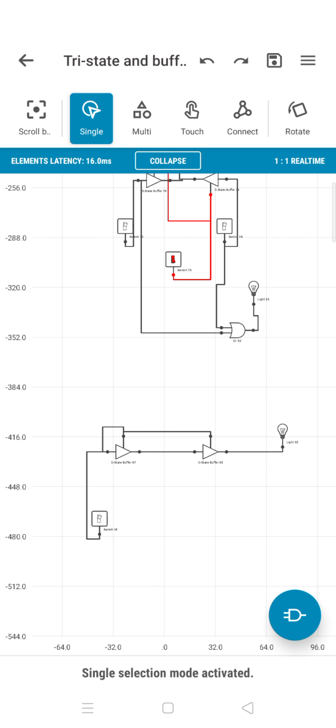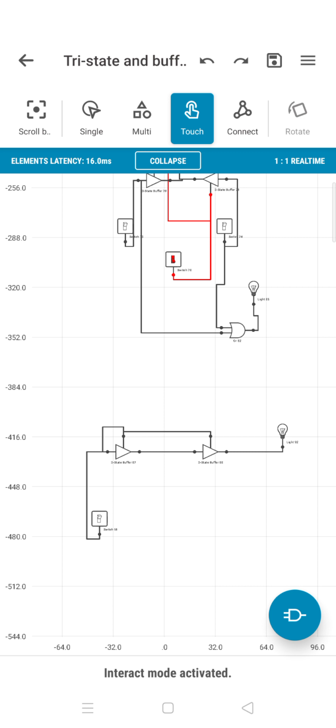Now I switch it on and see what happens. When I switch it on, immediately the bulb comes up. It comes up because it acts like a buffer. So these two transistors can be used to act like a buffer.